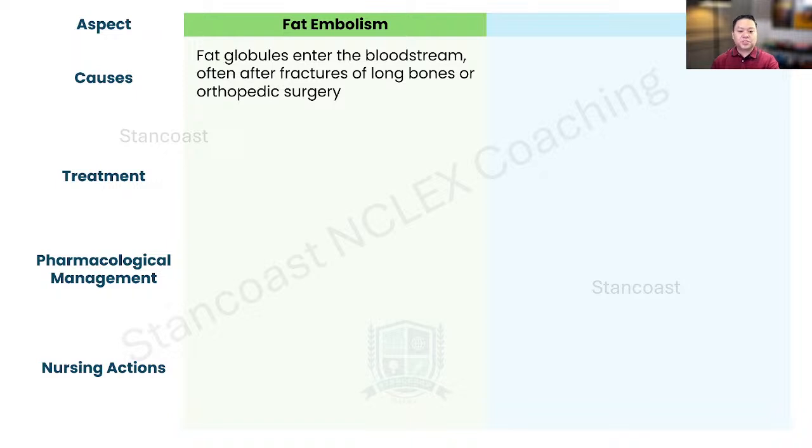Now, what is the approach to treatment here? Well, the primary goal in treating the fat embolism is basically to alleviate the hypoxemia. And our goal here is to improve the oxygenation. This is going to be a life-threatening issue. The patient will probably end up on mechanical ventilation if the oxygen therapy fails, or if the size of the fat embolus that is lodging into a major pulmonary artery is way too big.